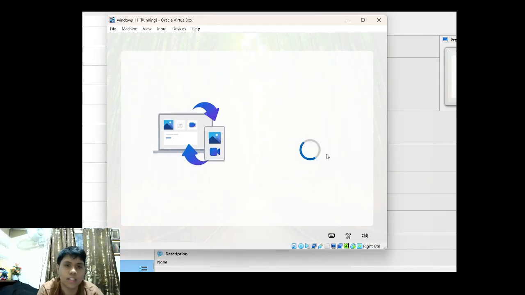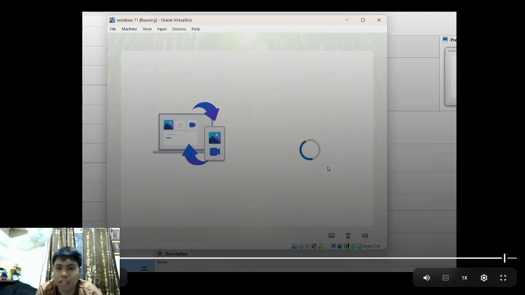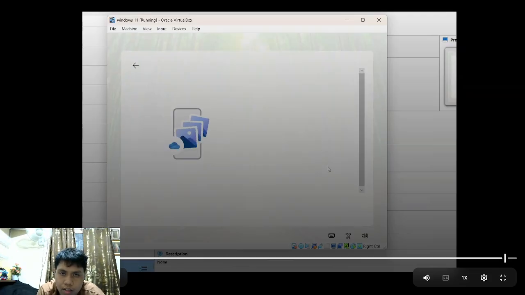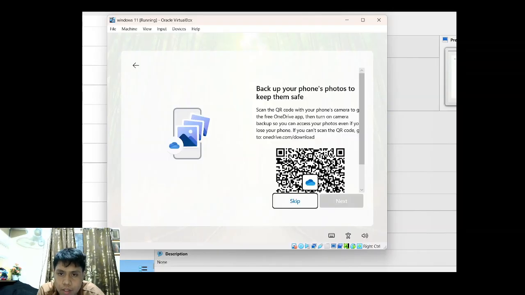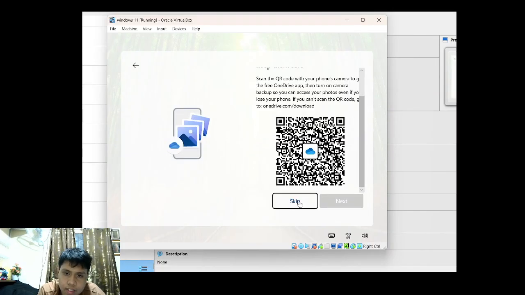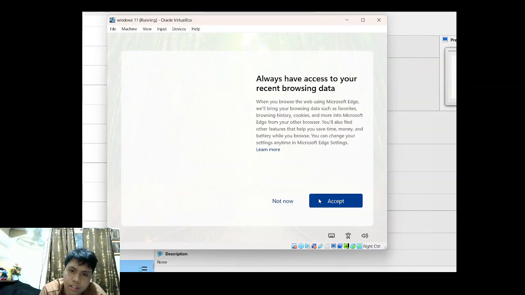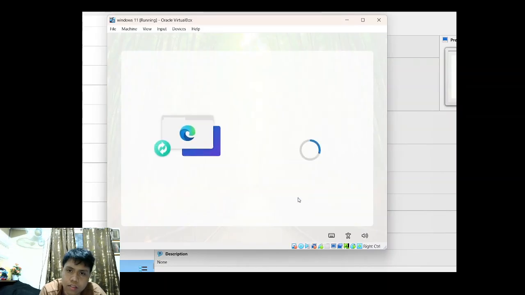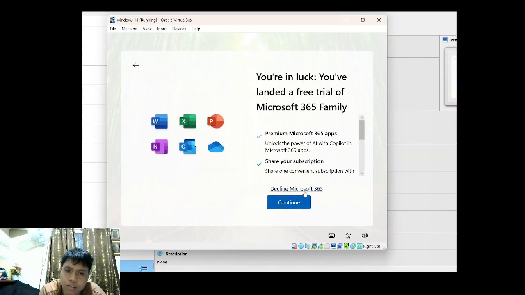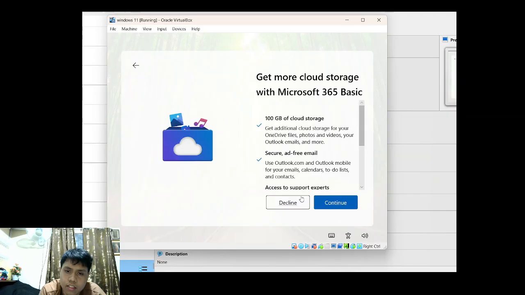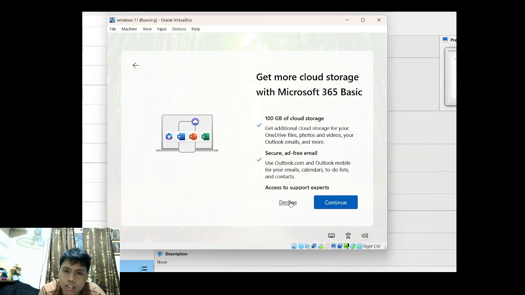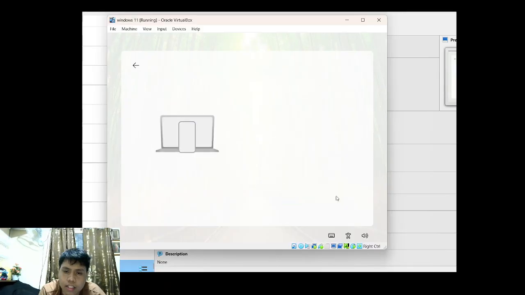You don't need anything. You can just skip, whenever it has a skip, you can just skip it. Skip again. Sure, pressing that now. Decline, decline, back, decline, next.